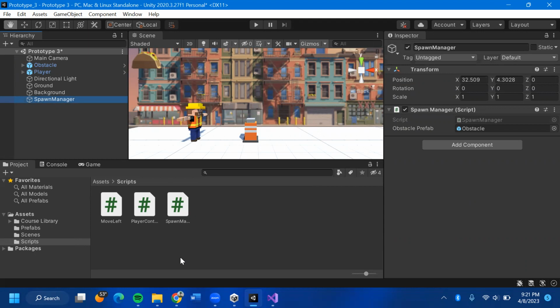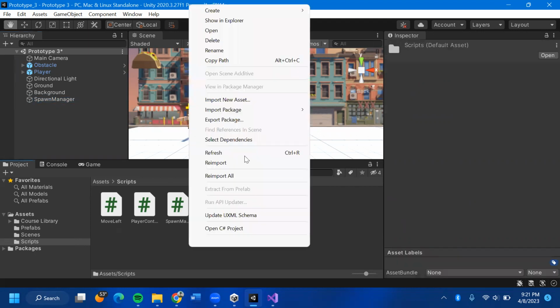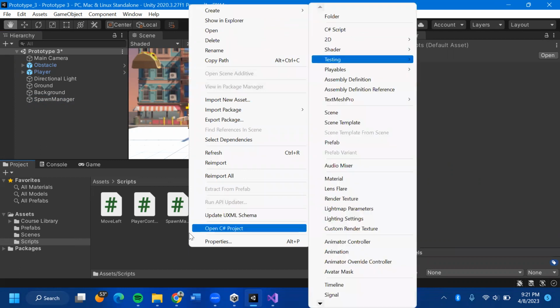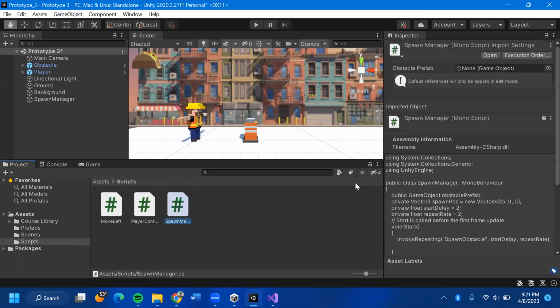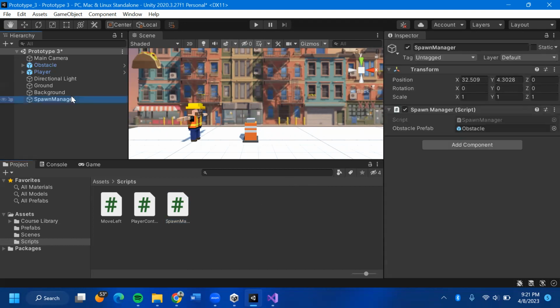And then you're going to go to scripts again, create a script called SpawnManager. So again, create C# script. I've already created mine. And then you're going to drag it and attach it to your spawn manager. So it should show up here. Now opening the script,